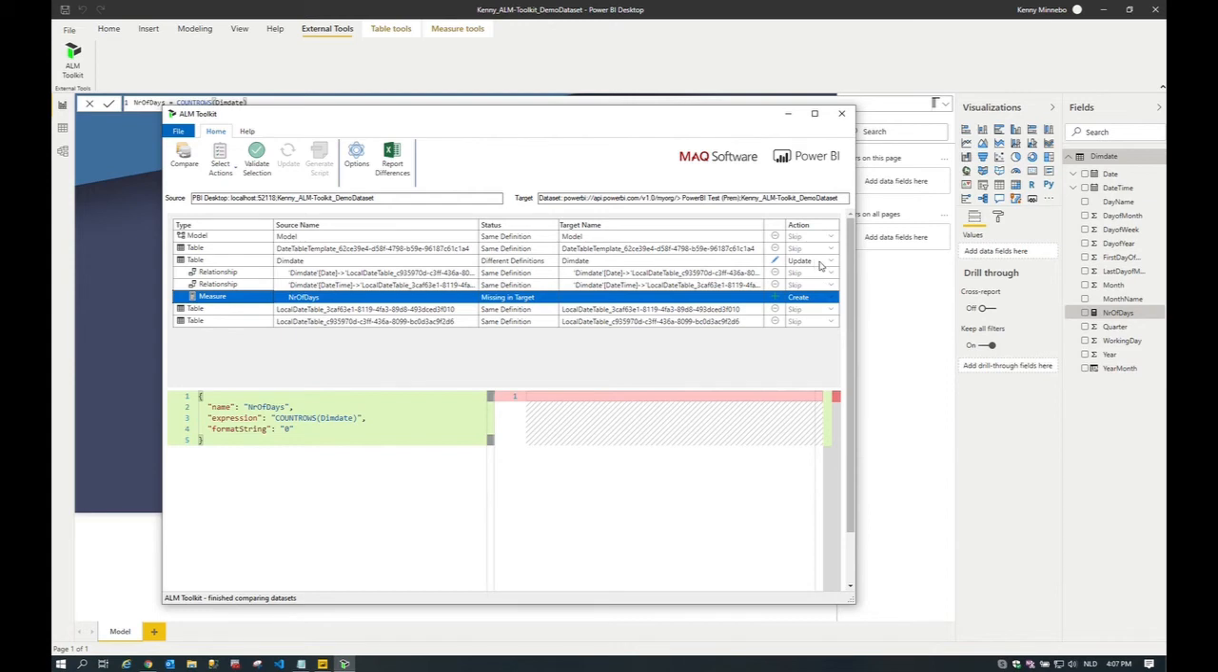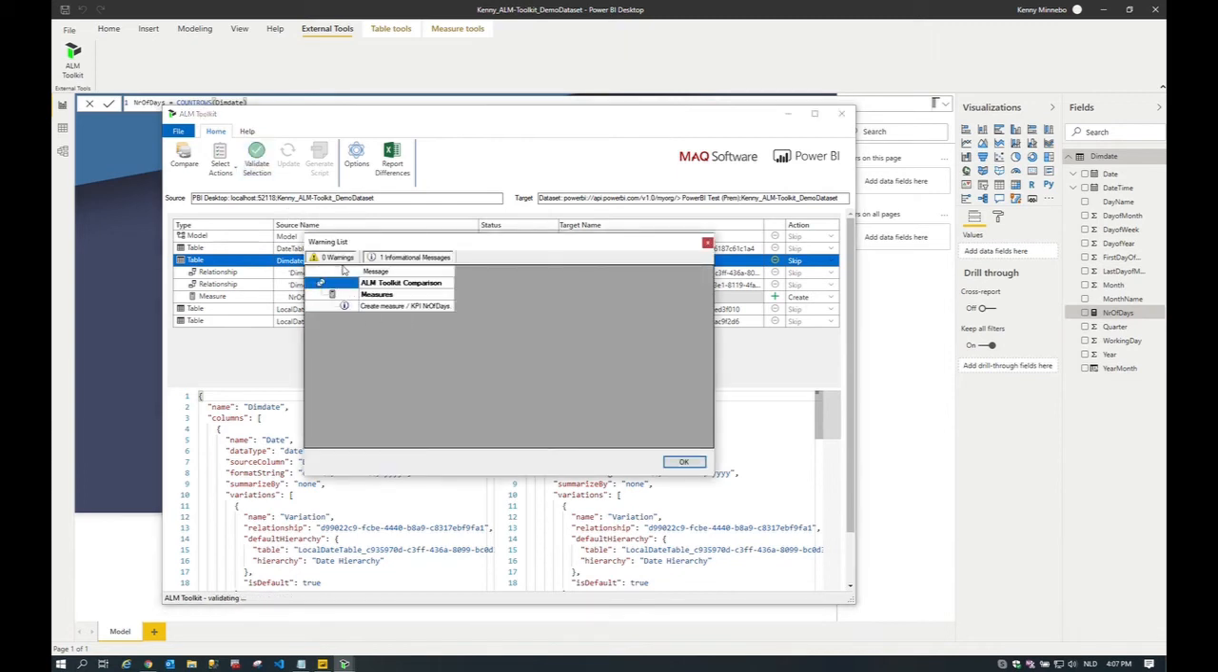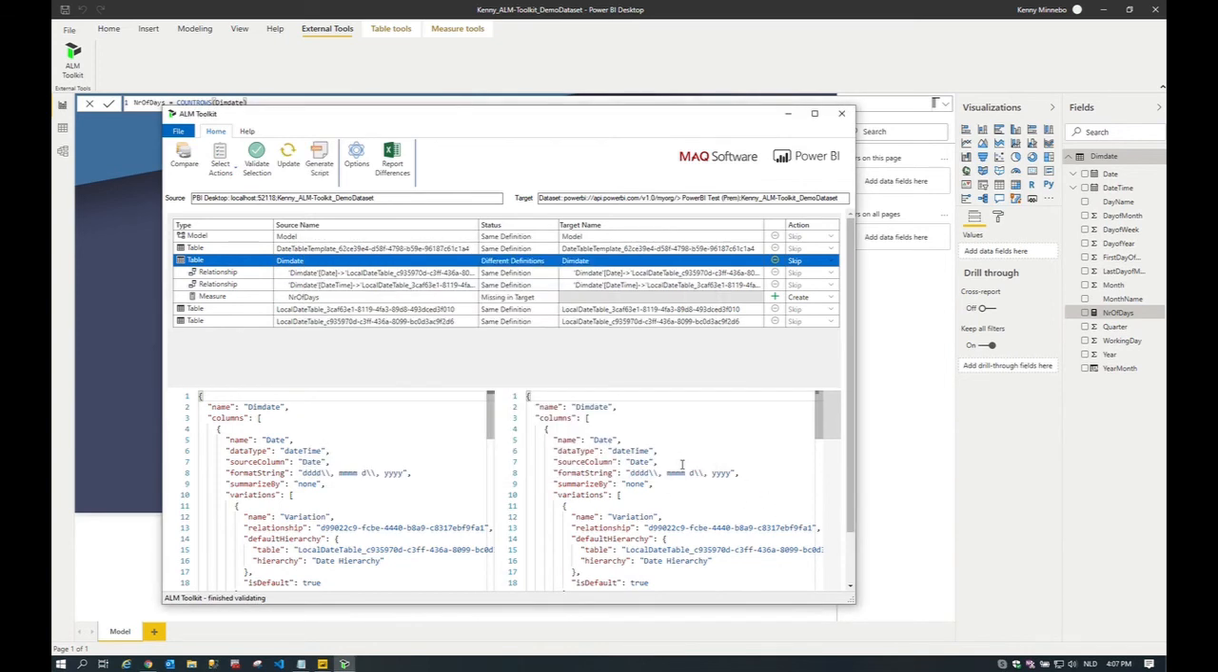Let's say for instance we don't want this extra column yet, we select skip on the action and we only have the create left. Before we update the target, we validate the selection. It states that there are no warnings, so that's okay. And then we update the targets. So we confirm,